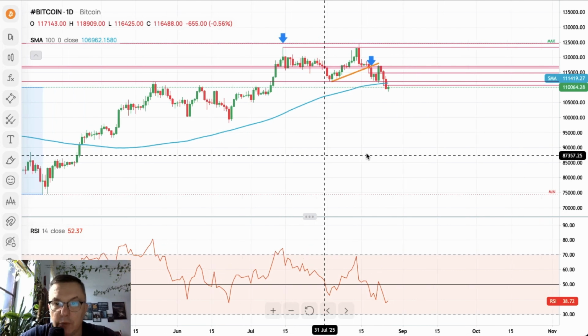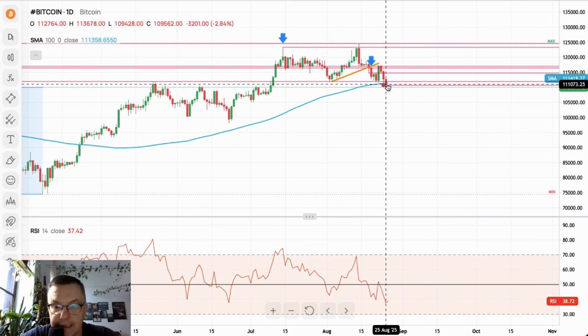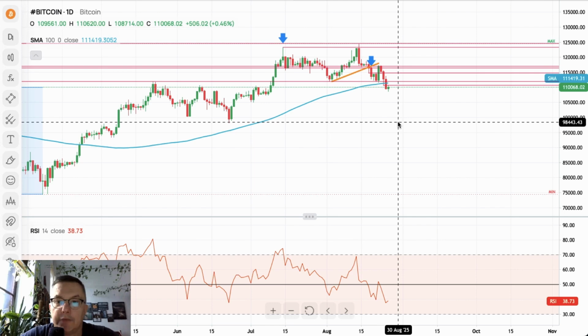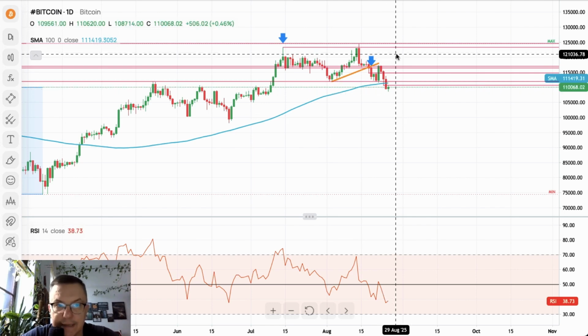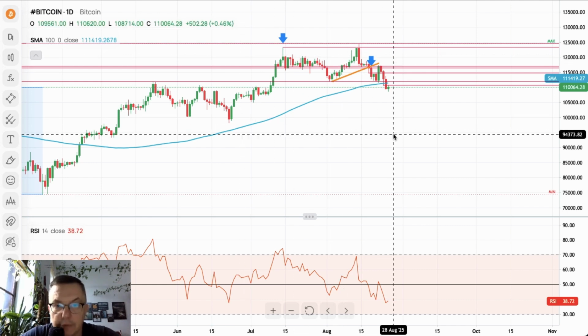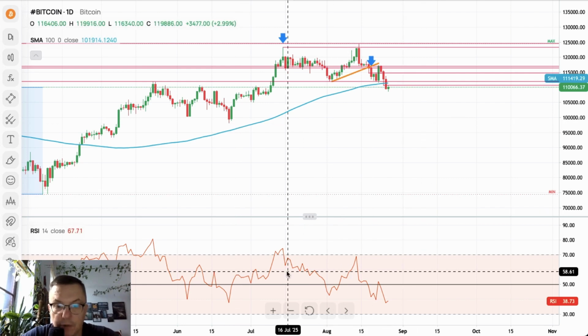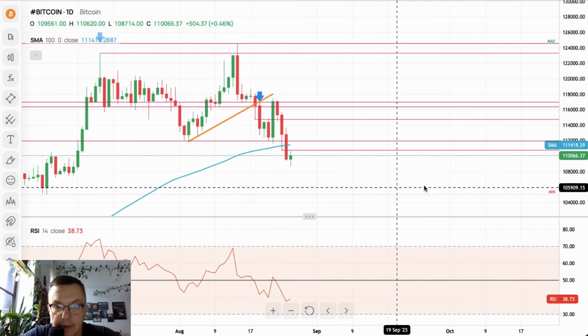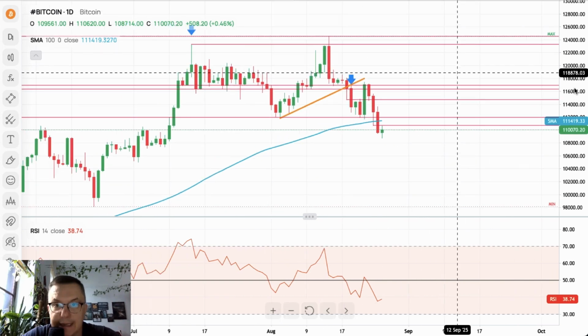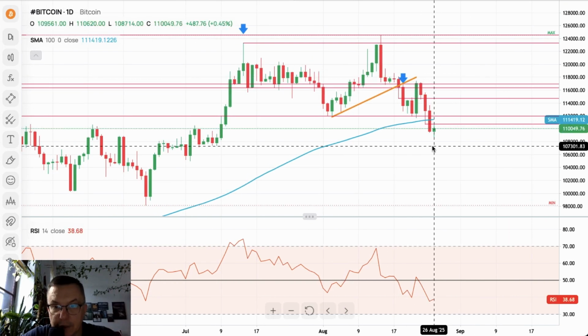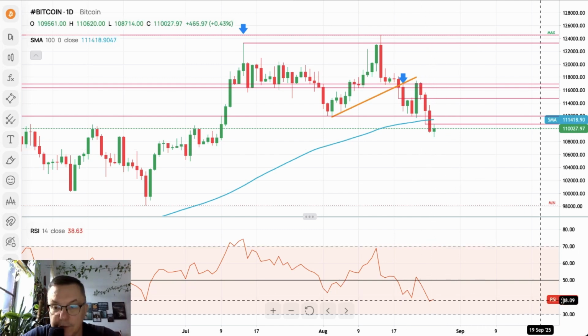Now, we tested the 100 period moving average on a daily time frame chart, which means this is not good for the bulls whatsoever. So we need a strong bounce from the current level and a rally higher. Otherwise, we might see further movement to the downside towards $100,000. So right now, 3 days in a row of movement, 3 black crows, 3 red soldiers, or 3 black soldiers, it depends how you paint your candlesticks. This pattern has been printed here on a daily time frame chart. It doesn't look good, especially if on a daily time frame chart the momentum is at the level of 38 points.